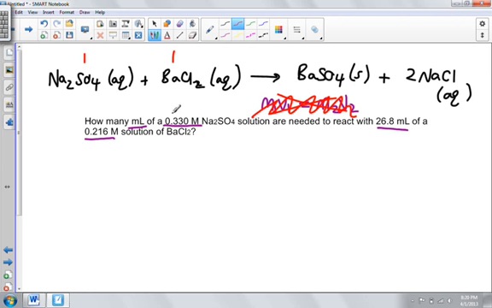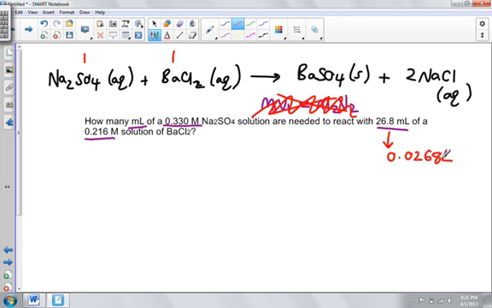The way to go about this is, if we have a molarity and we need a volume, and we know the molarity and the volume of the other species, we know we can get moles from volume and molarity. So if we use the volume and the molarity of BaCl2, we can get moles of BaCl2. If we know moles of BaCl2, we can get moles of sodium sulfate from the balanced equation. If we then know the moles and the molarity, we can get to the volume, which is what we're going to try and do. Except we've got to do the thing we always do with our volume and convert this into liters, so